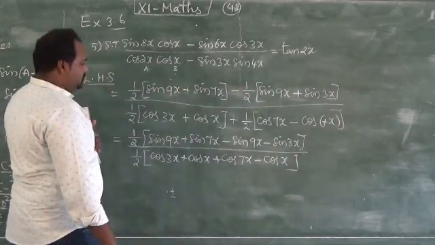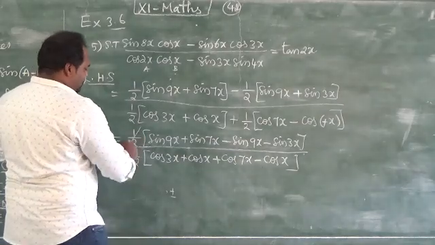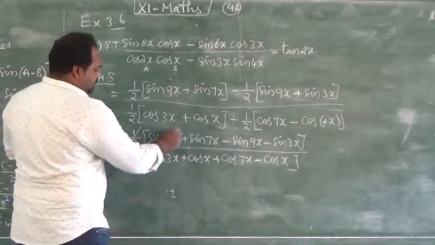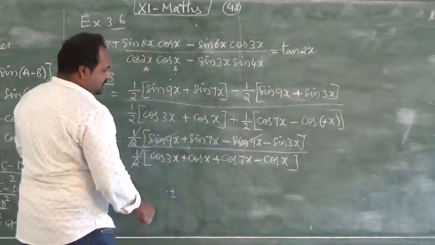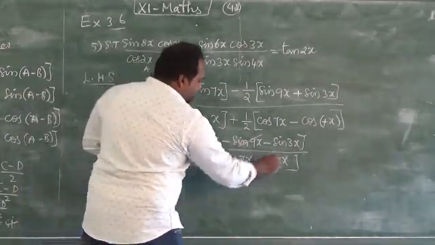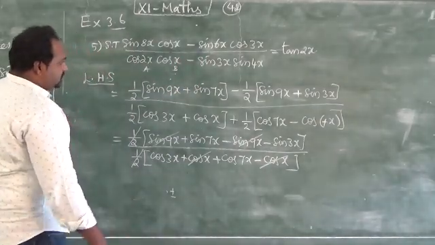So here we have some cancellation, 1 by 2 we can cancel. Then sin 9x minus sin 9x we can cancel. Then plus cos x minus cos x we can also cancel. So remaining is